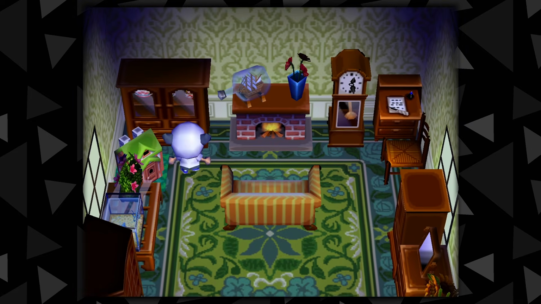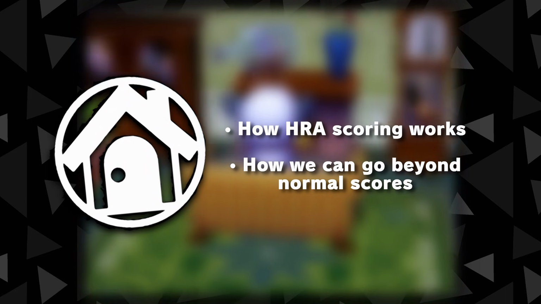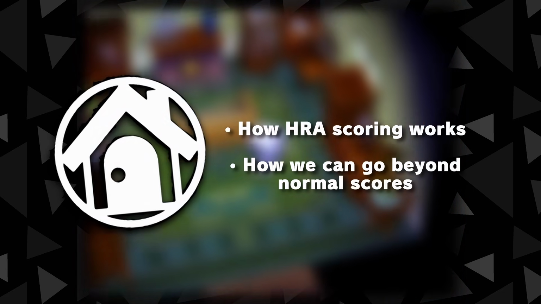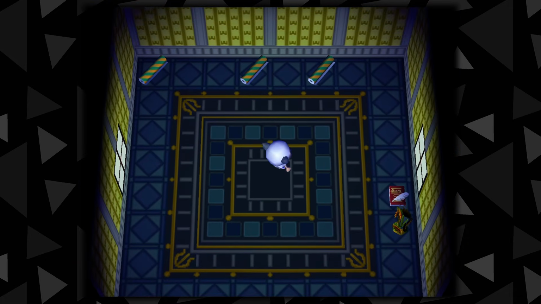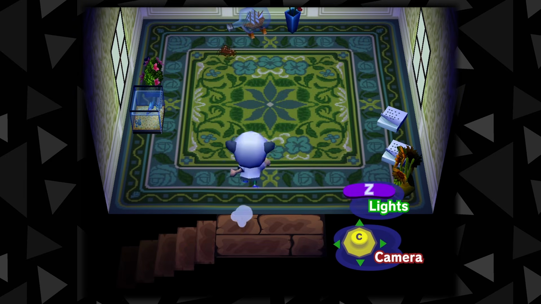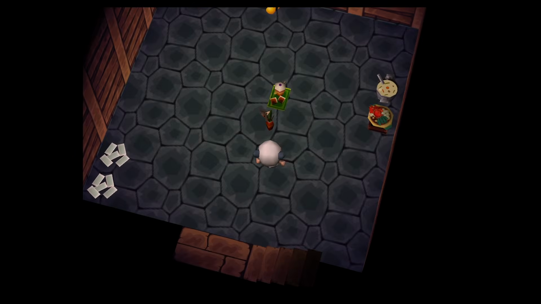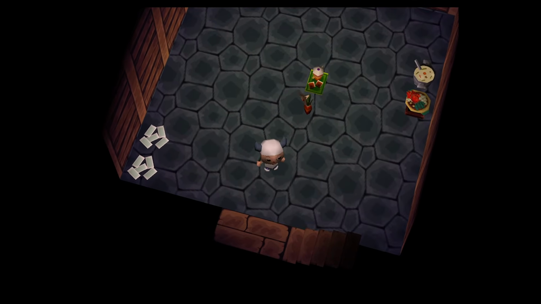This video will not touch on this history, but will rather explain how this scoring is actually calculated and how we can abuse some various tactics to overachieve what is normally possible. So first, in the interest of talking about the maximum possible scores, I'll be discussing this video in the context of a fully upgraded player house. This means we have the max amount of space possible to arrange furniture and score points. Notably, the basement does not count for HRA scoring, so we'll only be focusing on the main floor and the